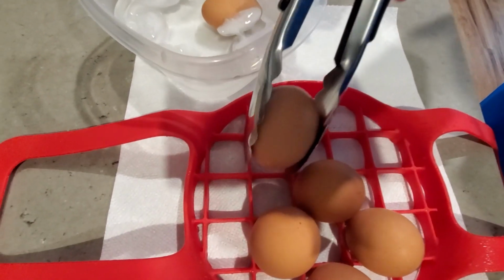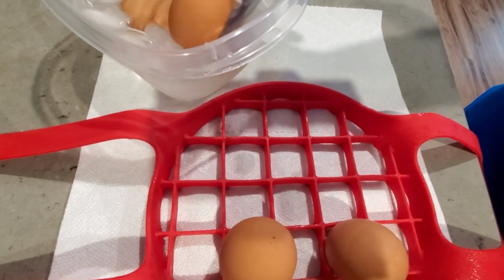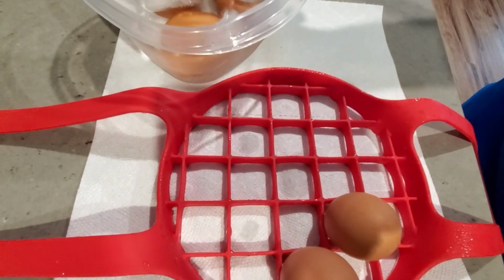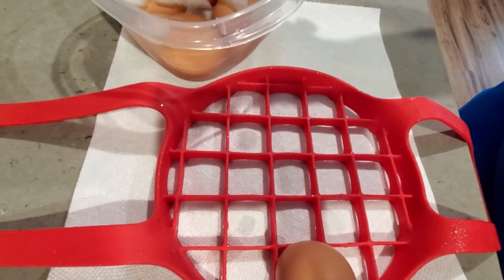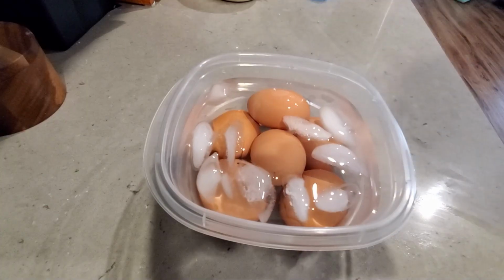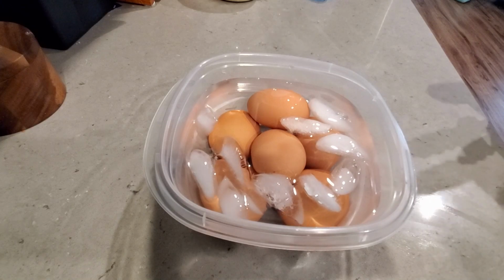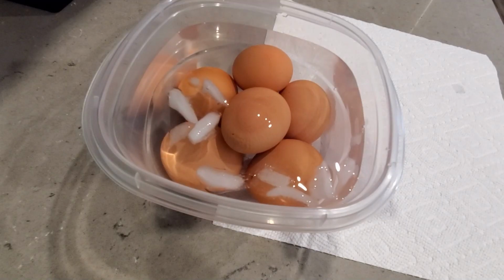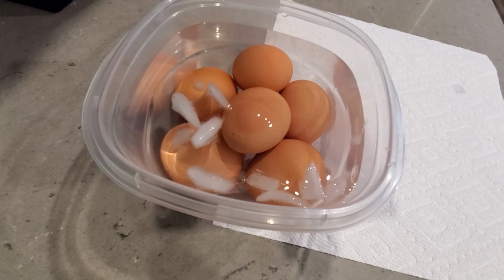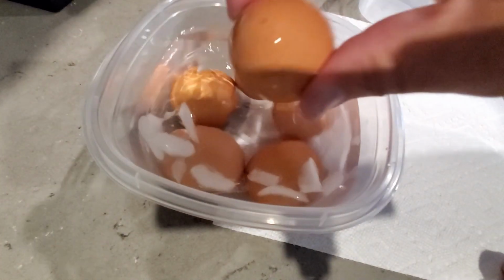And then of course when your shell breaks off, the egg will come off really nice and smooth, and you've got a nice, really great egg. Hard-boiled eggs are a good snack. They're a good carnivore snack. There are a lot of different recipes you can make with hard-boiled eggs. And I would encourage you just don't give up. But if your family eats a lot of hard-boiled eggs, the old traditional way with a little egg timer